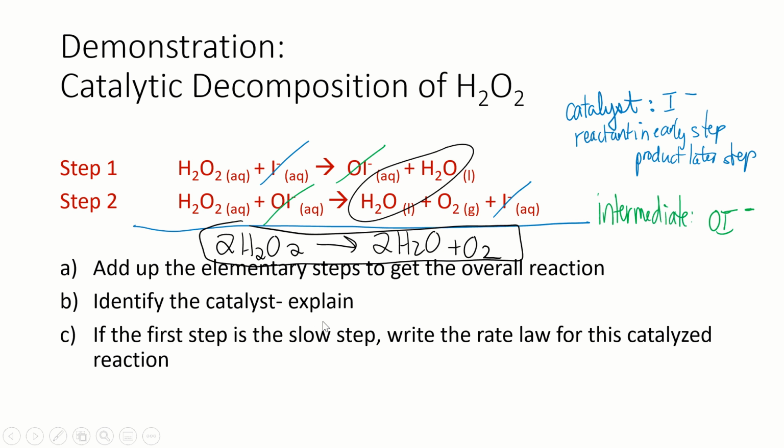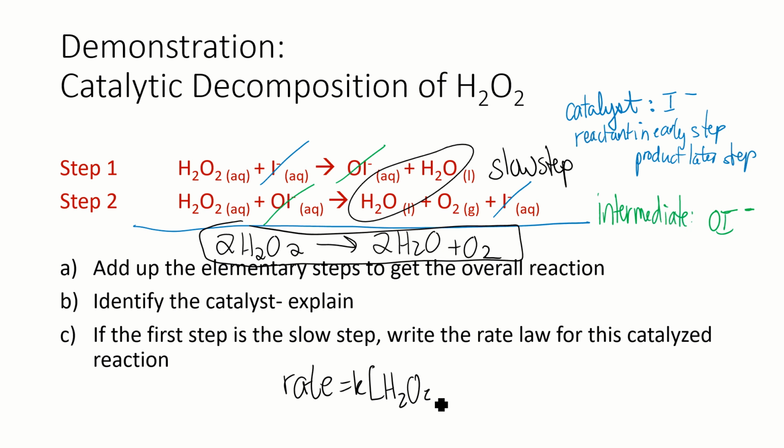We're going to identify who the catalyst is. The catalyst is iodine. OI minus is the intermediate. And then let's assume that the first step is the slow step, and let's write the rate law here. So if the first step in this mechanism is the slow step, then the rate law for this catalyzed reaction would be